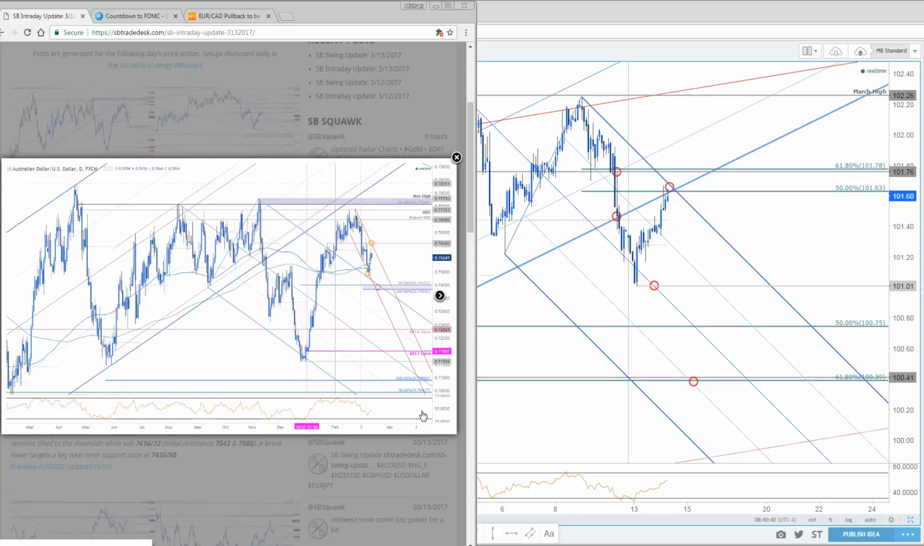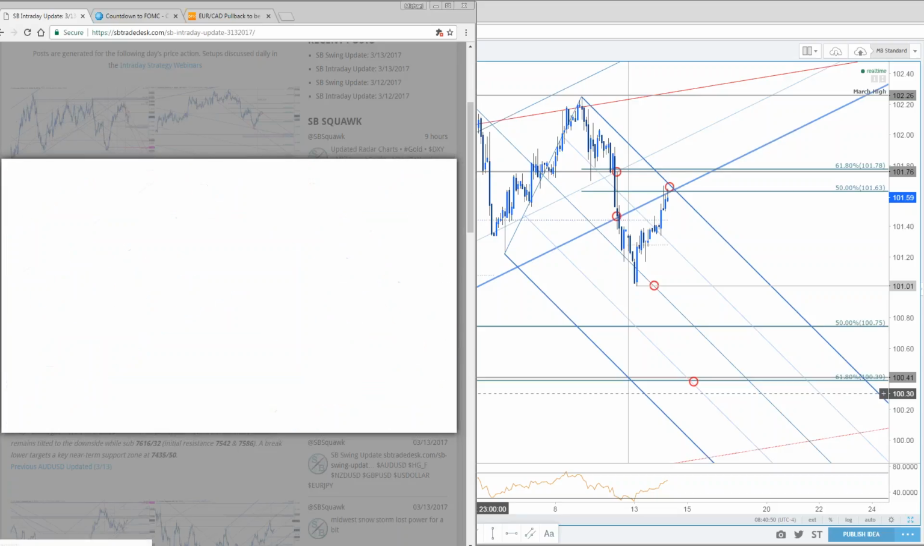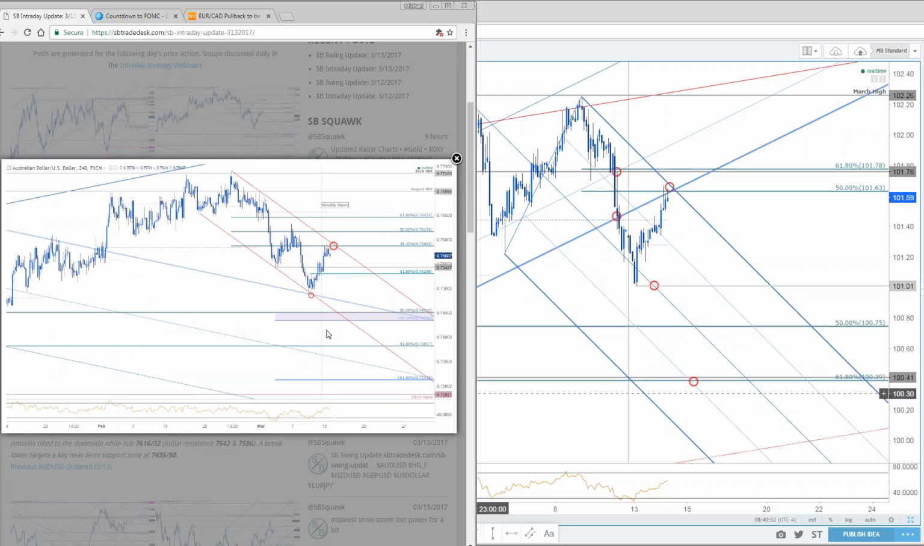Here's what the Aussie looked like on the daily chart. Again, we've been following this for the last couple of weeks. The advance kind of fizzling out ahead of trendline resistance. The real sexy part of this trade was just the simplicity of the near-term picture. Basic channel resistance off the high, confluence with a 38.2. We were looking at this